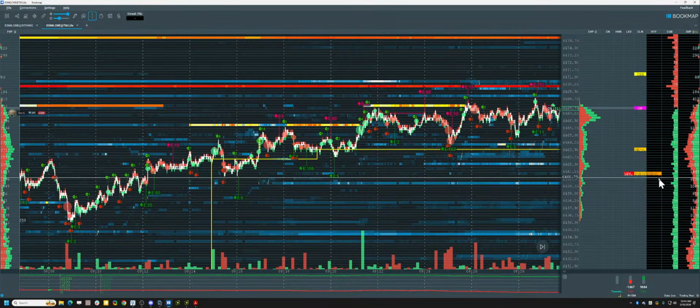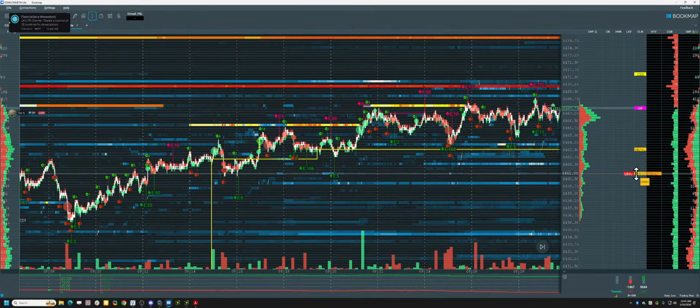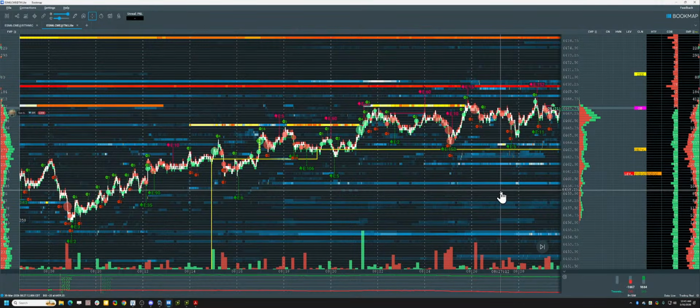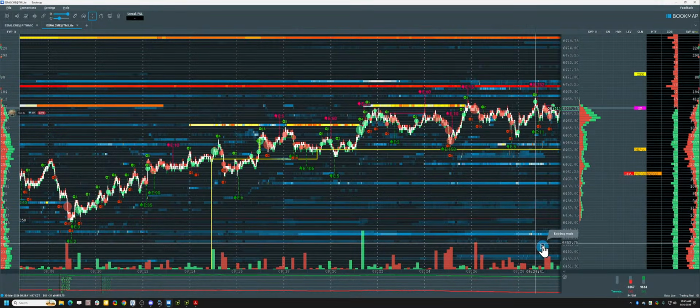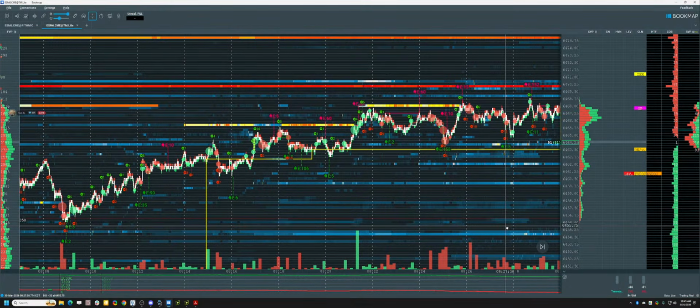Let me see if I got this right. One moment. Yeah, 64.61 was where the high volume was on Friday. So let's think of this like a fair or retail price. The overnight volume point of control is the fair or retail price from the ETH. So what I know is I'm above Friday's fair price, and this is just before the RTH open, okay? And this is going to be the RTH open. So I'm looking for continuation sellers and the short squeeze. So now let's go take a look.